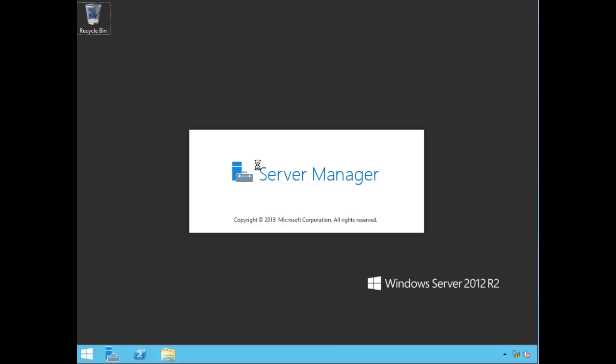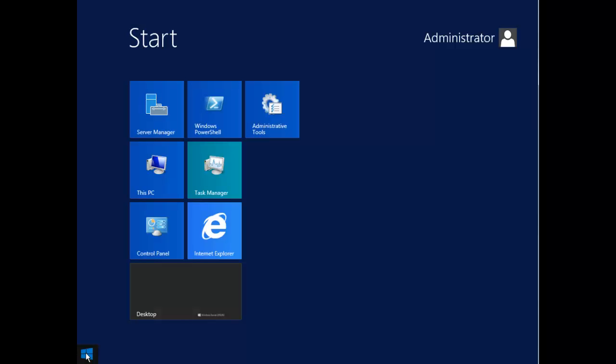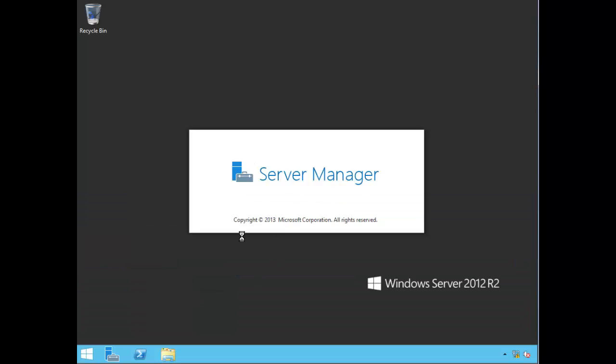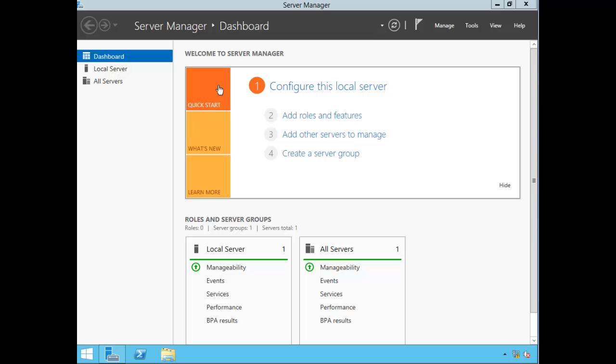Now we have Windows Server 2012 R2 installed. I took the clock off so you don't get to see how long this is taking for me. And we have a start menu. Ooh, that's great. Now we have a start. We didn't before. Okay, so we go to desktop again. Server Manager is opening, so we wait for that few seconds. Now we are met with a new dashboard from Server 2012. We can see there's a new dashboard, Server Manager, the local configuration that we have to do. Go to the local server,